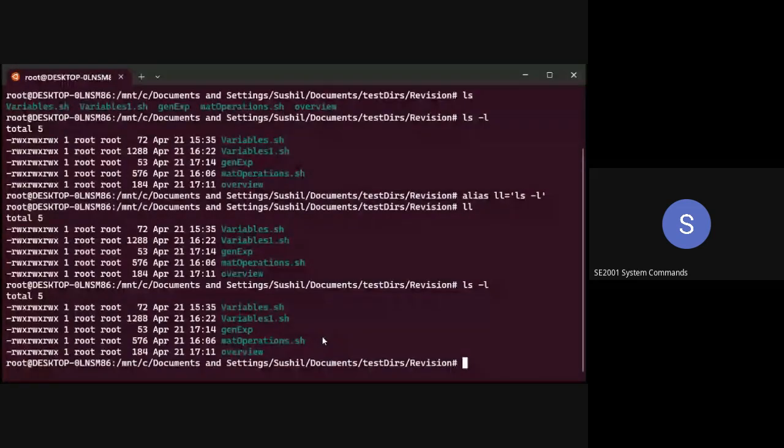So you can easily use alias to set a certain set of commands. This is also some kind of variable which people use to generate shortcuts, and it is very useful. Just to unalias the